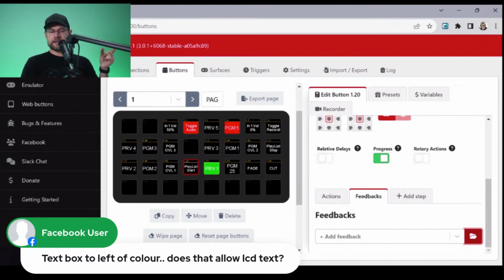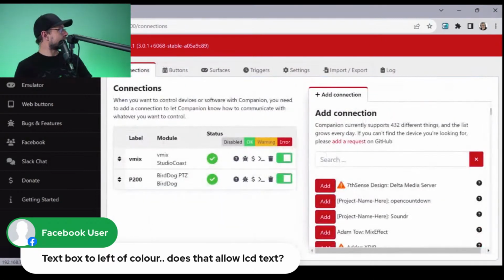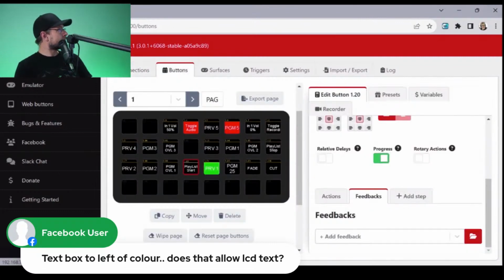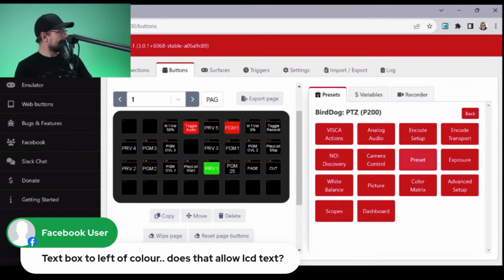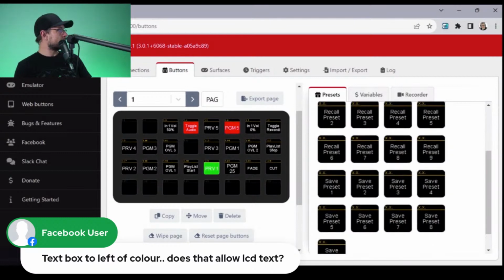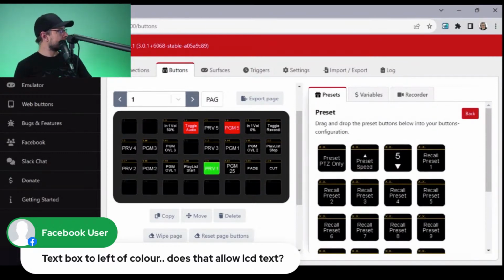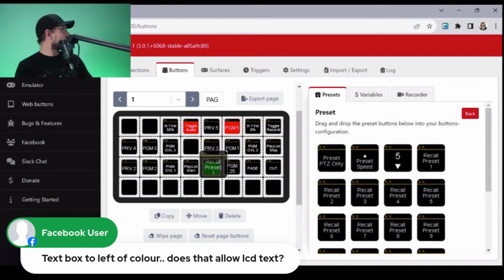And the only other thing is I have a button that I want to have set to the PTZ preset 1, the PTZ P200. So let's do that real quick. Like I said, I'm well out of time right now. So let's go to buttons, presets, PTZ. And now look at all these options in here, man. There's tons of them. So we're going to say we want to do recall preset 1, which is this guy right here. And I want this to be programmed on button 12, which is this guy.